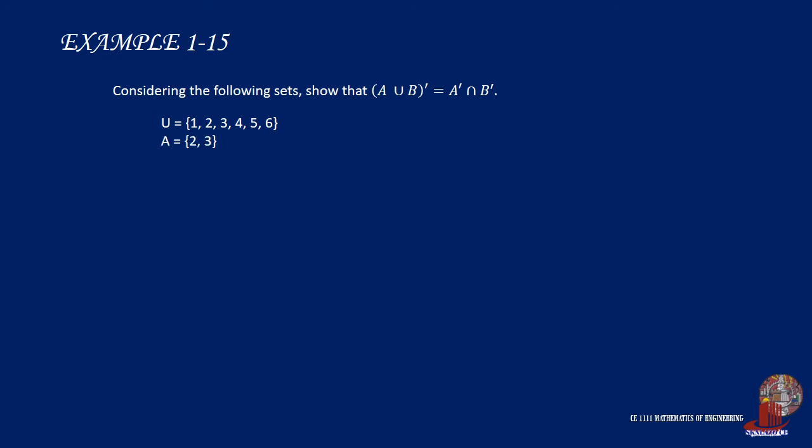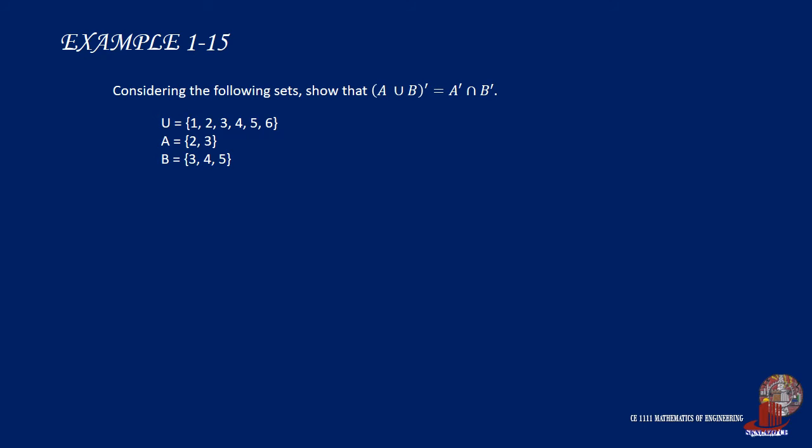Now, we want to find the results of the prime of the union of A and B and the intersection of A prime and B prime in the following example. Let U have the elements 1, 2, 3, 4, 5, and 6. Set A would have the elements 2 and 3, and set B with 3, 4, and 5. In order for us to prove that the complement of the union is equal to the intersection of those primes,